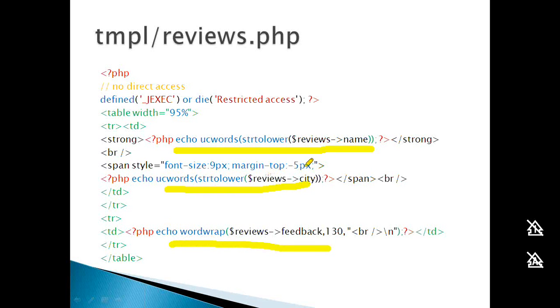You would notice that to display the name, the city, or the feedback, we don't need to do anything complex or special. We don't need to run a for loop, and we don't need to do long programming. Using the Joomla helper and the Joomla conventions, we can do it much more easily. You'll be surprised to see this 130 here. This 130 is the word wrapping function. Whenever your text is longer than 130, it will be wrapped and transferred to a new line.